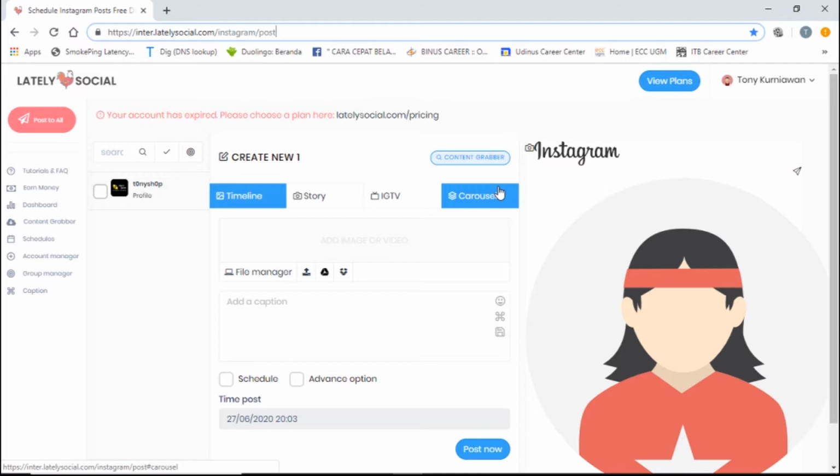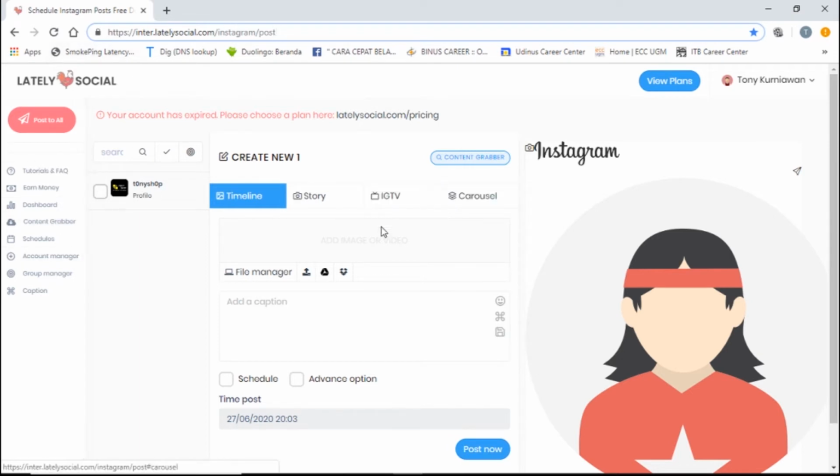If you just use a free account, you can only post a maximum of 5 posts each day, but if you want to post more, you need to pay. This is not free.